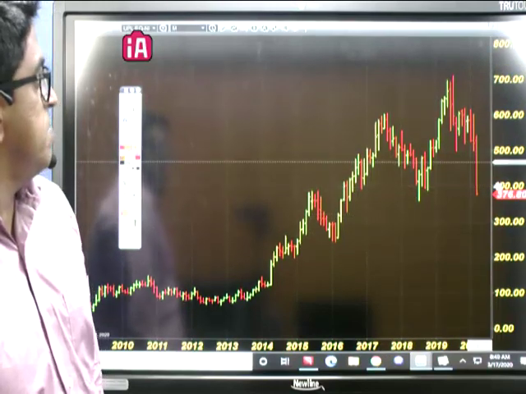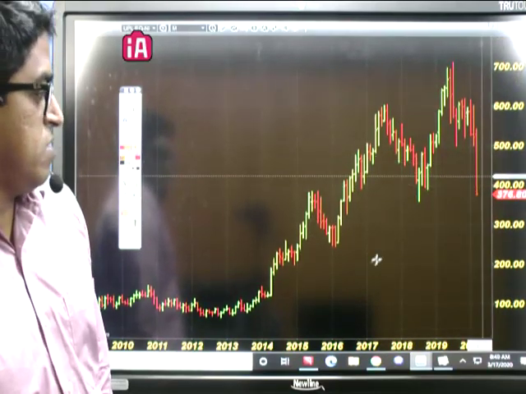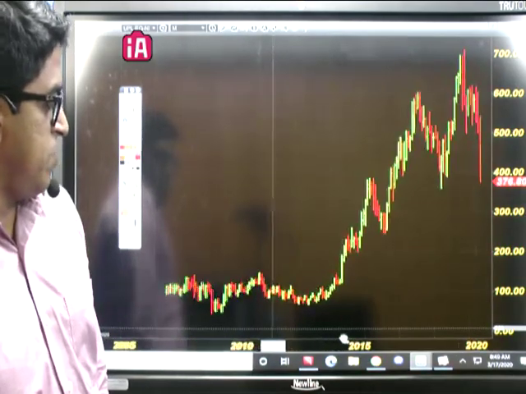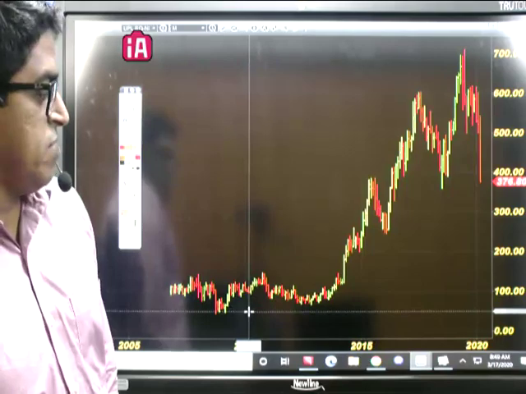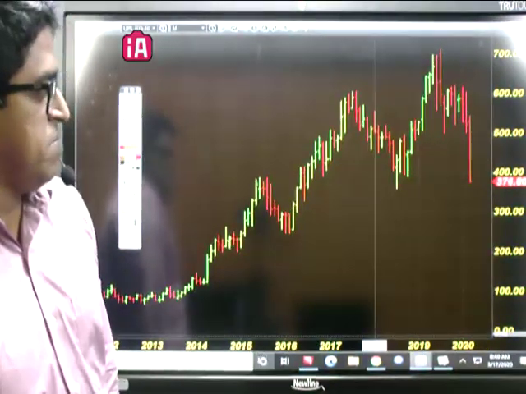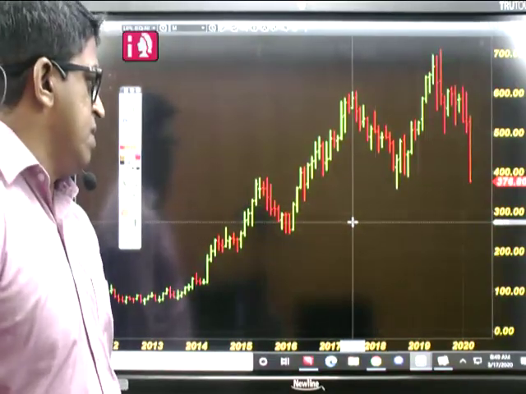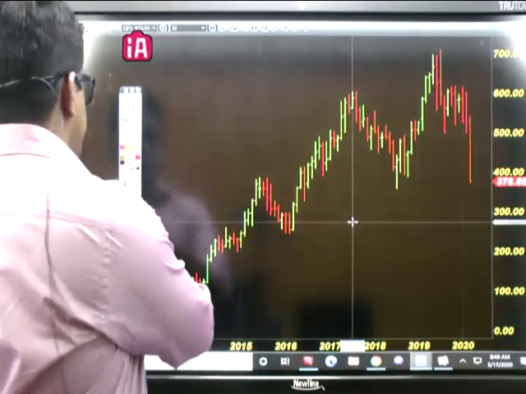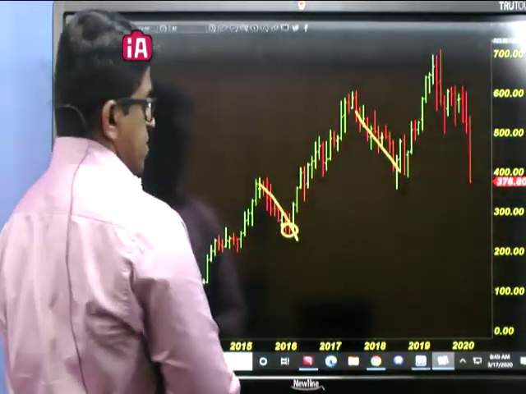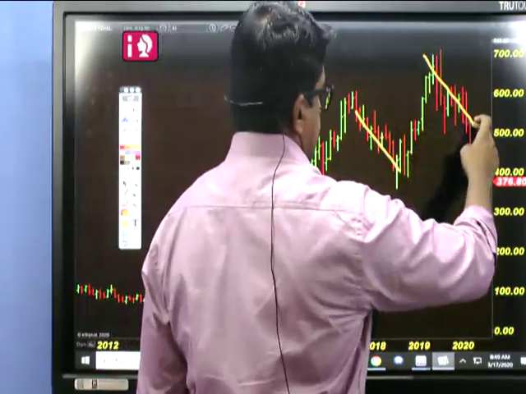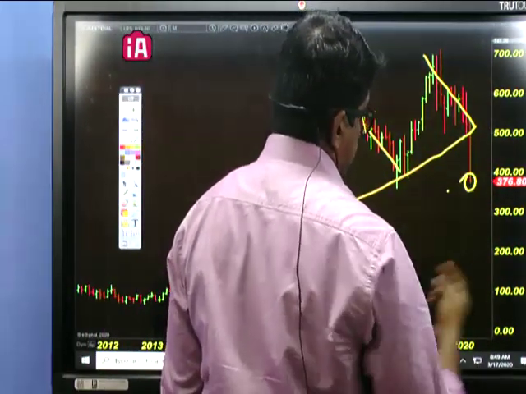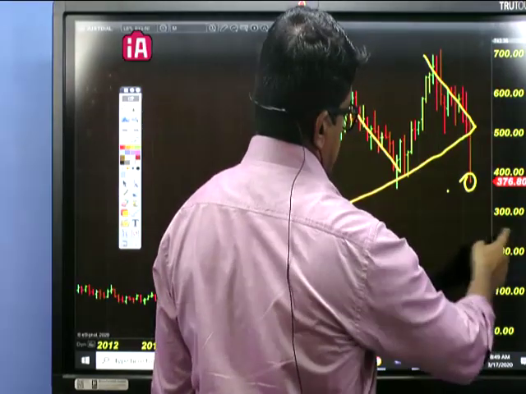So this is the monthly chart for UPL, and it's trading at 376. If you see the history of UPL from 2010, it started from 50 rupees and it went to 700 rupees. Very good money in UPL. People had made some money, we don't know. But as far as UPL's long-term view is concerned, here it had given a correction and it follows a pattern. This pattern, you could see, there is a break in trend here, which means that if the overall sentiment is down,